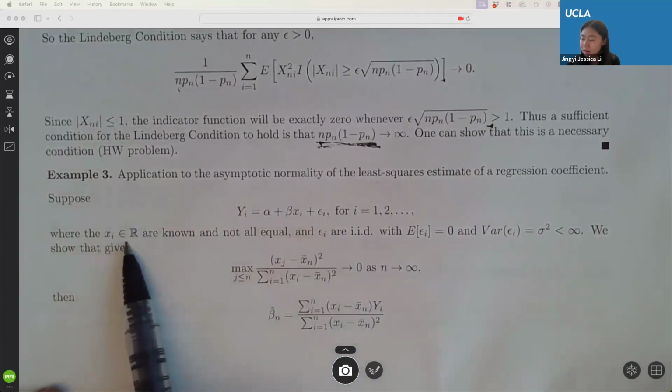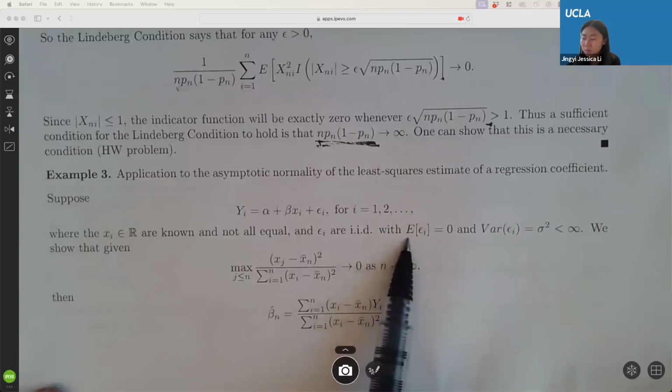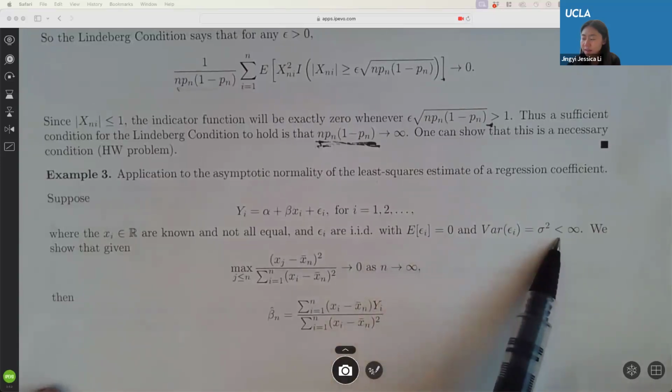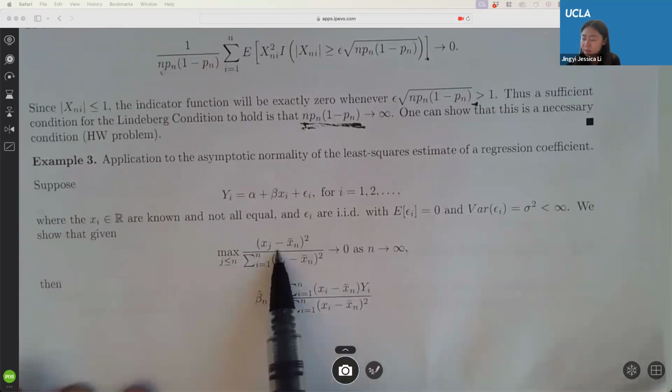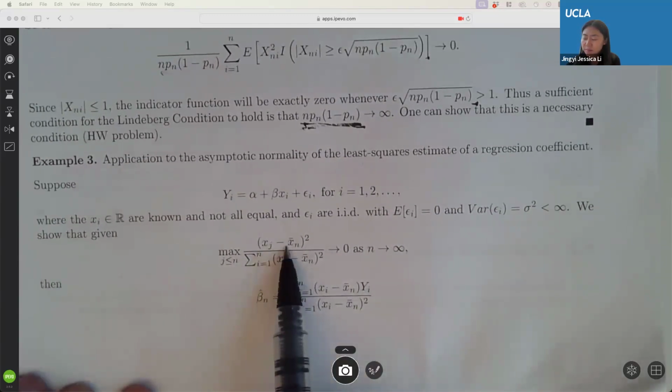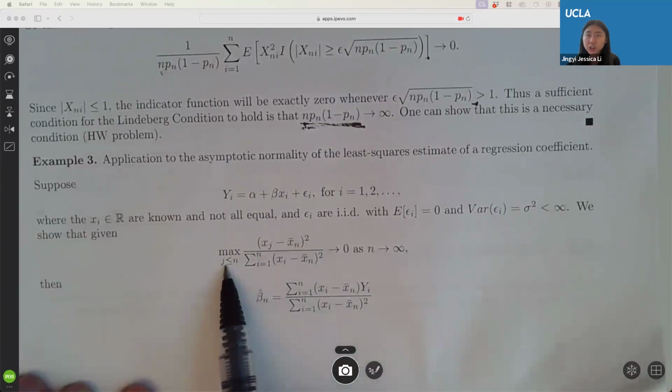So when the xi's are known and not all equal, and the epsilons are IID with mean 0 and the same finite variance, we can show that, given the sum of (xj minus xn bar) squared in the denominator, the maximum over j